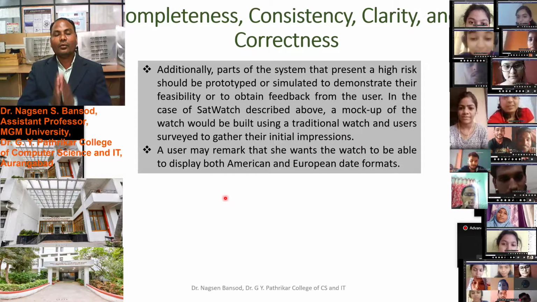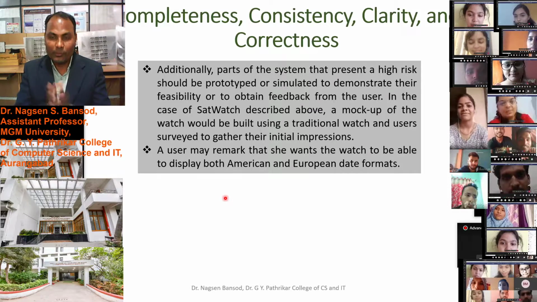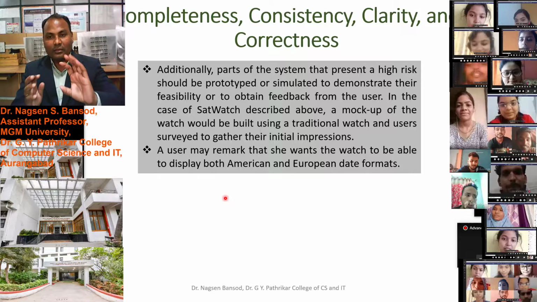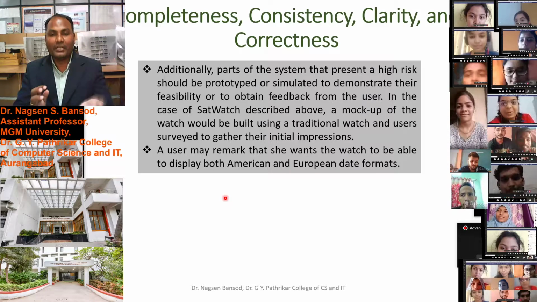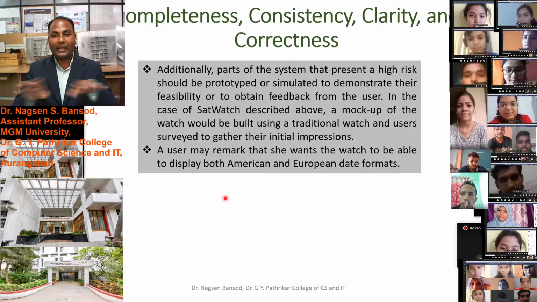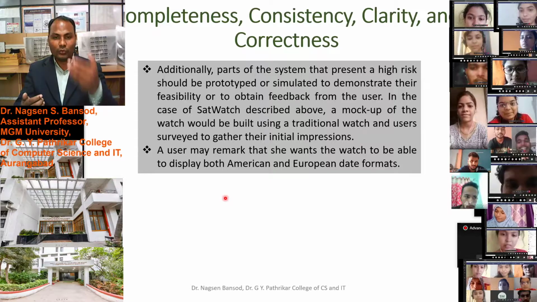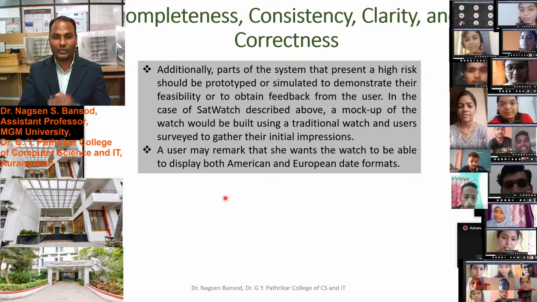So like that, we have to also develop software, like the previous software. According to that, we have to develop and give clear understanding to the user, the client, the customers of the software.